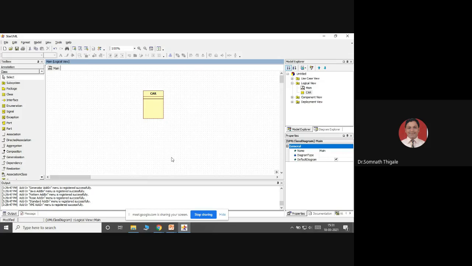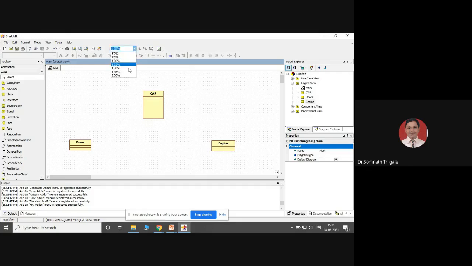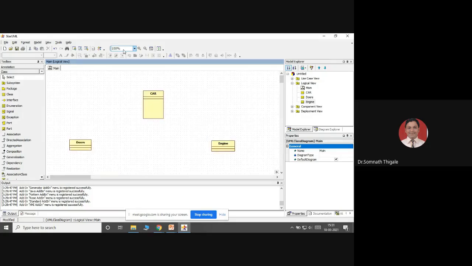Now there is one more class, which I'm calling doors, and one more class, which I'm calling engine. Is my screen visible properly? I hope so.